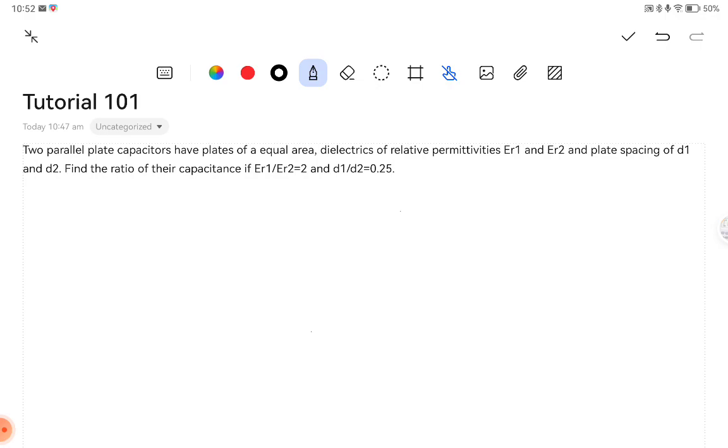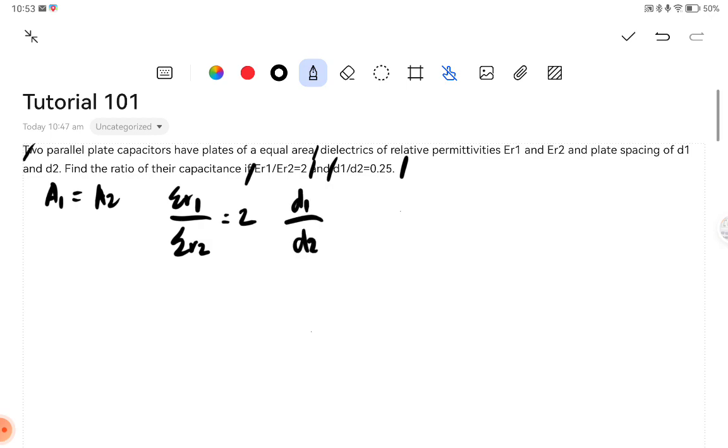So here, in our first sentence, it is said that we are having two parallel plate capacitors with equal area. Therefore, we can say A1 is equivalent to A2. And also here, we are given the values of Er1 over Er2 is equivalent to 2. And we're given the distance, or plate spacing, which is D1 over D2 is equivalent to 0.25, wherein